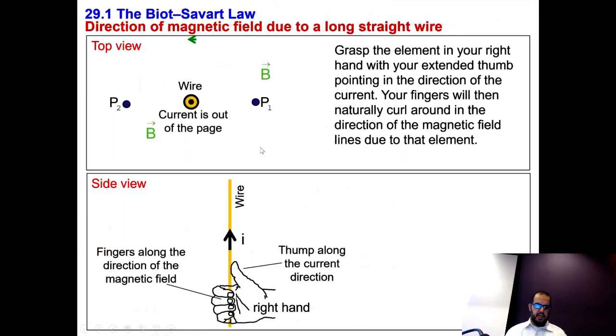Okay, so let's draw this in a two-dimensional manner. So this is a current conducting the current upward, and if you look from the top view, this is the current flowing outside of the page. So if you point your thumb outside of the page and you curl with your 4 fingers,